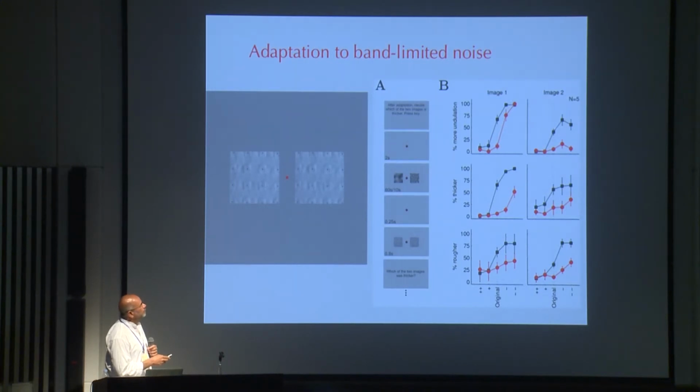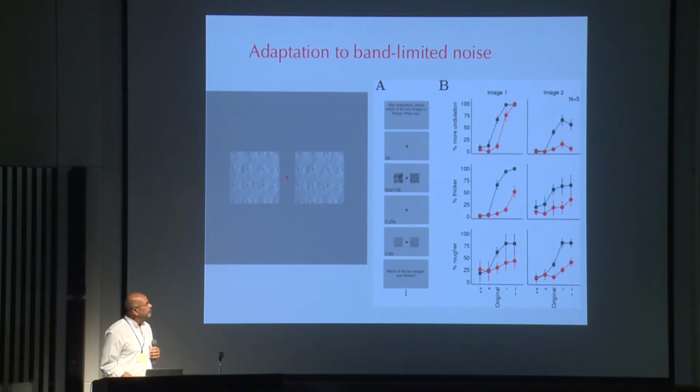So the black ones are the pre-adaptation ratings of undulation, thickness, and roughness, and the red ones are the post-adaptation. And you can see that by adapting, you can decrease your percept of each of those properties compared to the notch-filtered one. So adapting out different spatial frequency bands, or different cells that are sensitive to different spatial frequencies, can